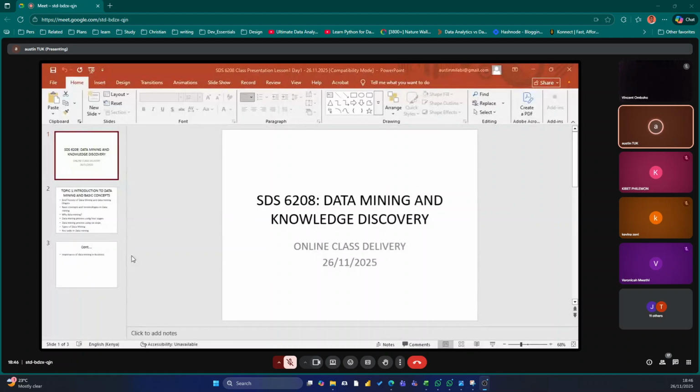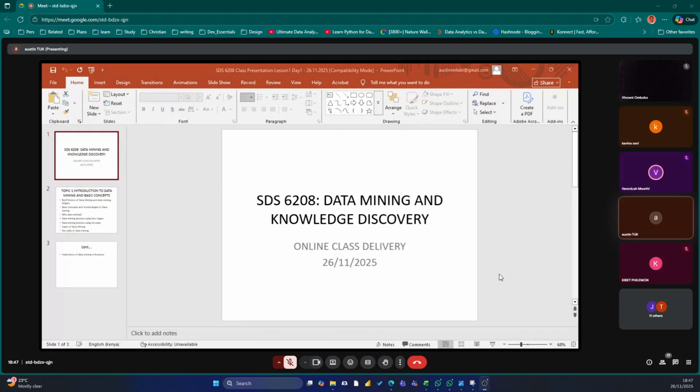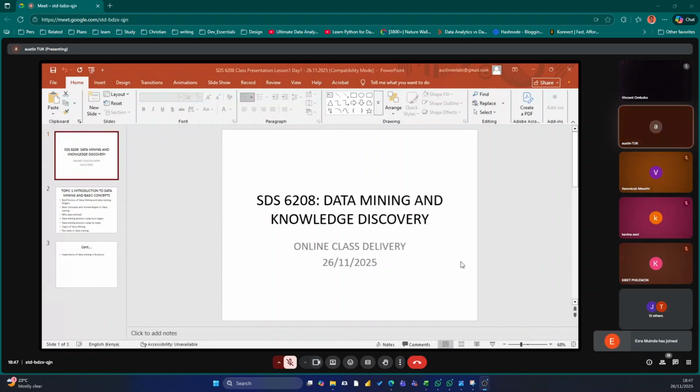Applicable. We'll try to see how many we can cover today. We want to start from the historical background of this concept. Data mining has got some background, which you may term as historical. And when you look at them, most of them are inclined to statistics and the new computational methods.